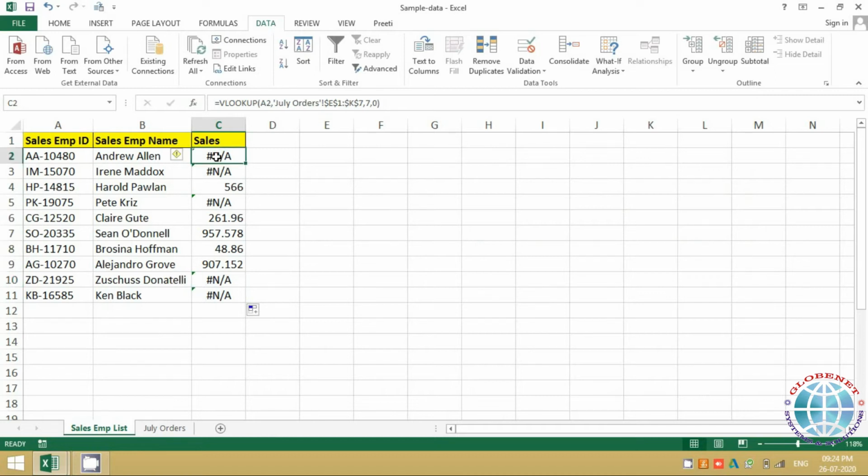Now that's on you to identify whether it's a genuine error or a #NA just because there is no data in the other sheet. Whenever such a scenario comes wherein you know that this #NA is not actually an error, but just because there is no data, you would want to hide it with some text. Probably I would want to give the number 0 so that I can calculate it further, so that this entire column is a numeric column, or just to highlight it, I would want to show something like no sales done. You can write any text or any number that I specify.